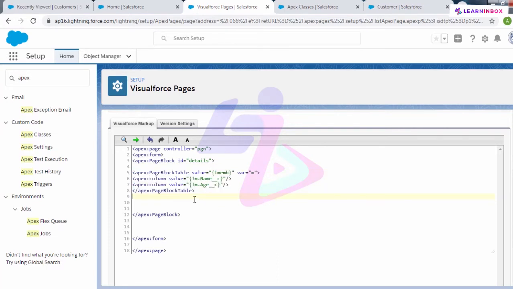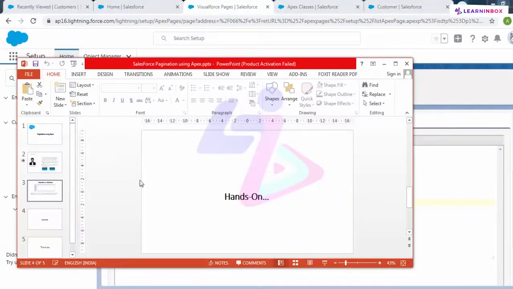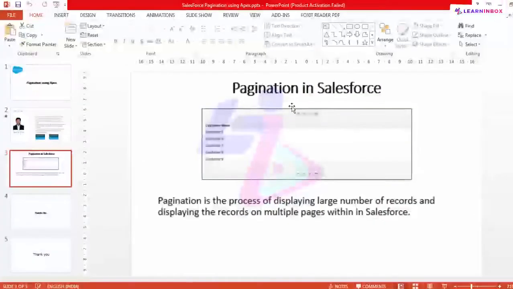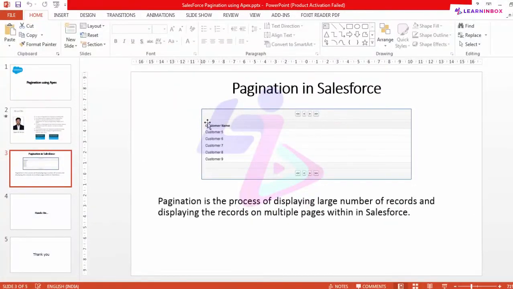Now apart from it, I want to specify some buttons as well, as we can see in my presentation. As you can see here, till now we have specified this page block table. Now we have to create these buttons as well.